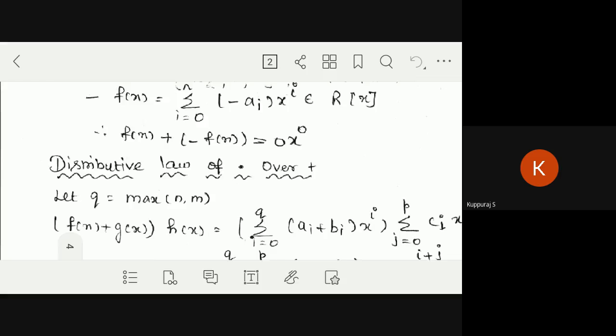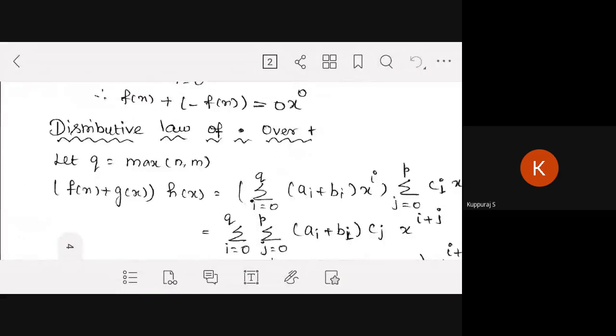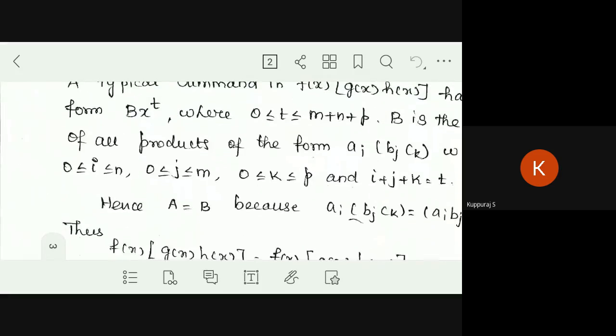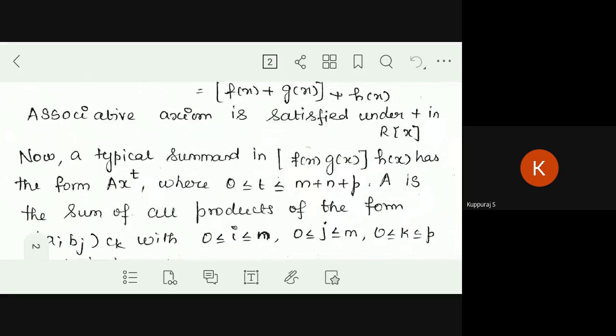Okay, so next is under multiplication. Under multiplication we need to prove the associative property. Actually we are not proving this, we are just going to state it directly in words. If you multiply f of x into g of x into h of x, it has the form of the sum of A into x power t. In this, t lies between 0 to the addition of the degrees of the three polynomials, m plus n plus p. A capital A is nothing but the sum of all products of the form